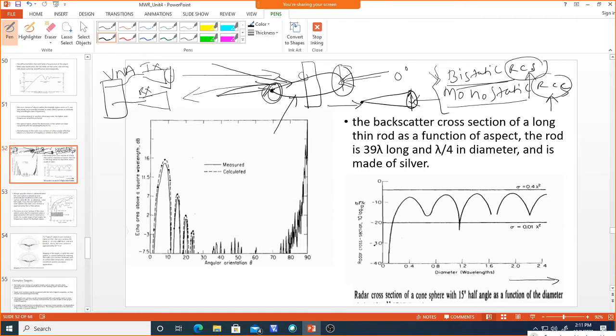Using those methods, we can reduce the RCS of the whole system or a particular device. Okay, so now this is one example, as we discussed. This is for the cone, and we can even use a rod or any other simple target. You can use a cone, sphere or any simple rod, and we can estimate its RCS with respect to its length, or in terms of the radial parameter, you can use the diameter.